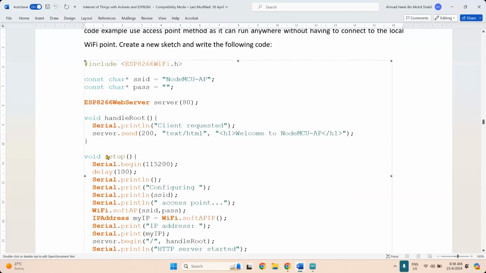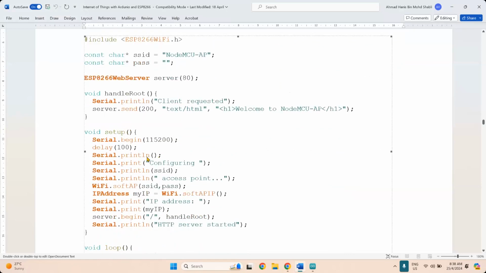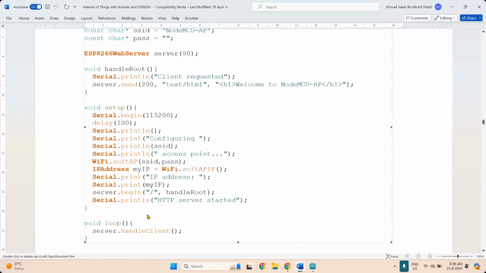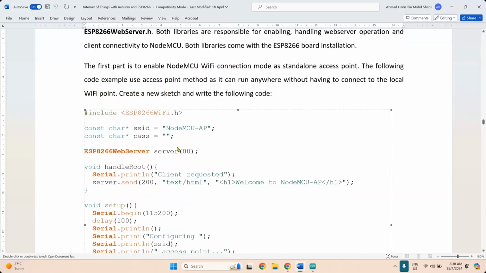In this configuration, actually you can put it at the bottom, because you should start with void setup. The void setup is basically just to turn on AP mode, by calling the softAP function and passing the SSID and password, which automatically enables your AP mode. This is just to print out; there's no need for you to print out actually. And then at the bottom down here, there's server.begin, which starts your server.